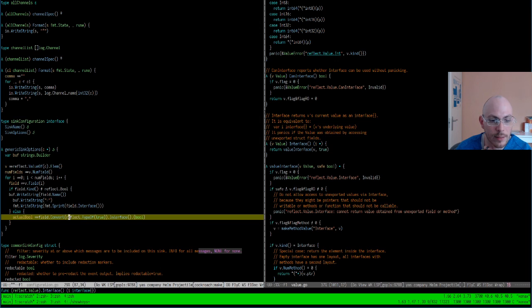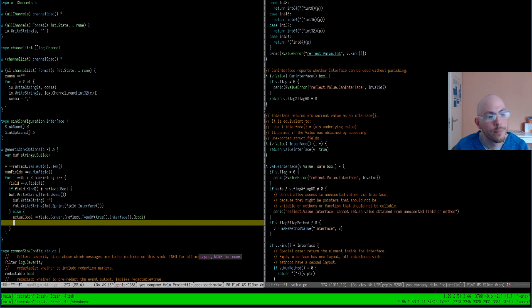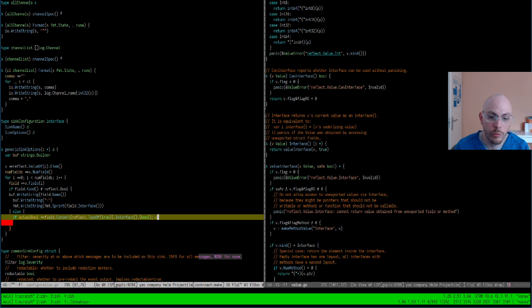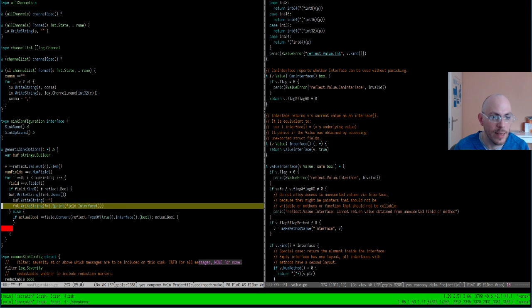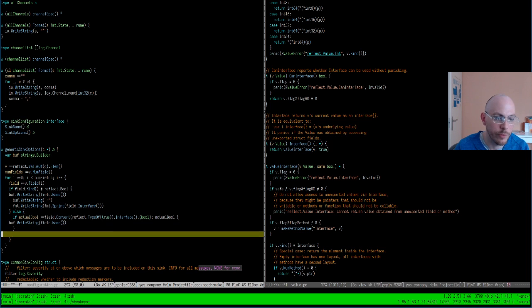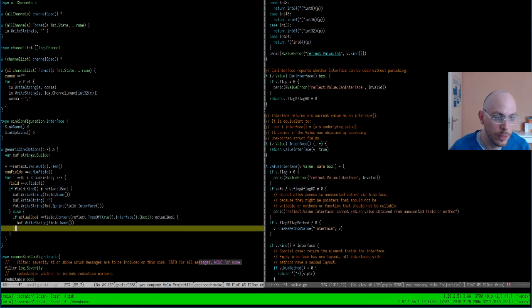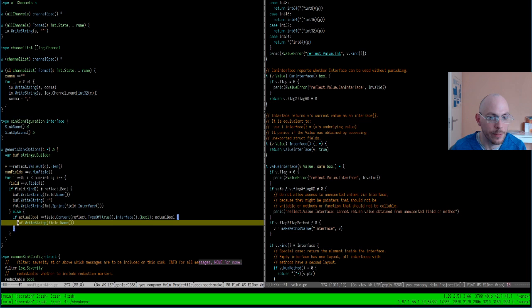So what I'm doing instead, I'm taking the bool, converting it via reflection into the actual Go type bool, and then convert that to a Boolean. And then, if my actual bool is true, that is when I print the name of my fields. If it's not true, then I don't print the name and I don't print anything.